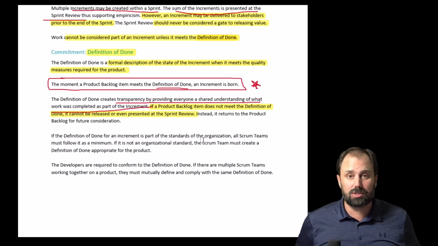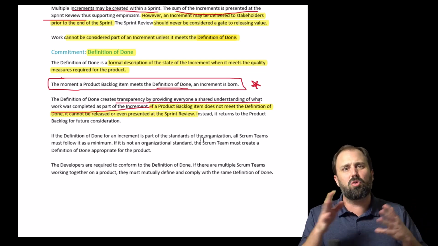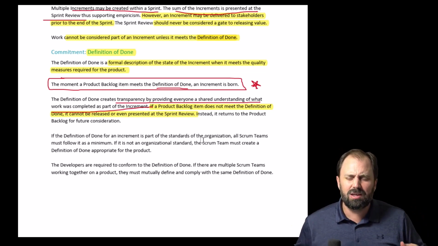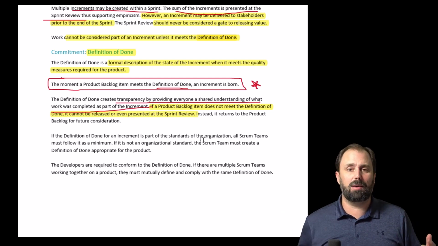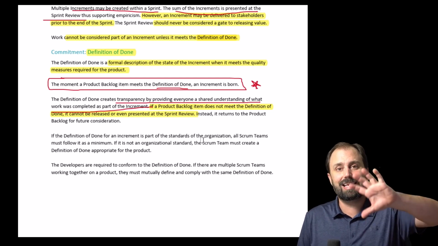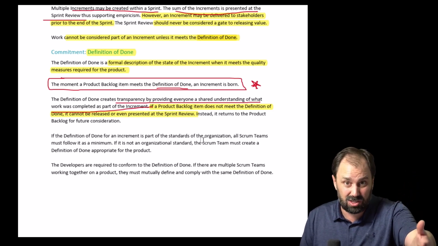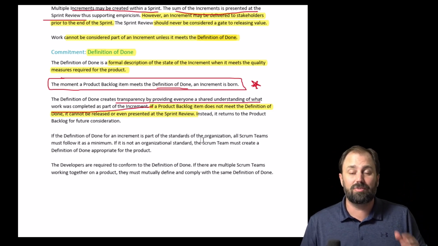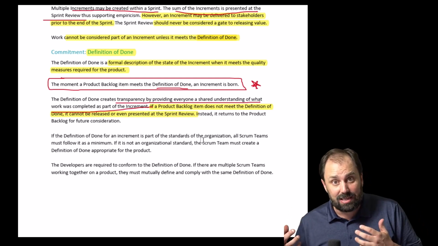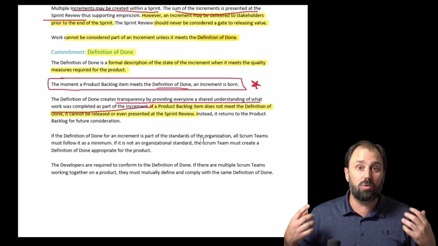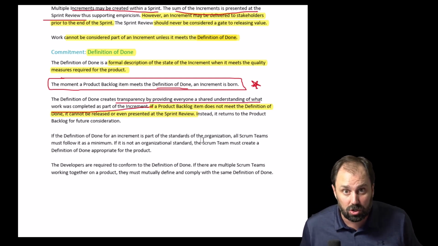And when we review something, we're not just saying, oh, your progress. We're reviewing how it solves the problem, inspecting it against its ability to create the value that we intended. So if it's not fully done, it is not ready to see if it really does what we need it to do.